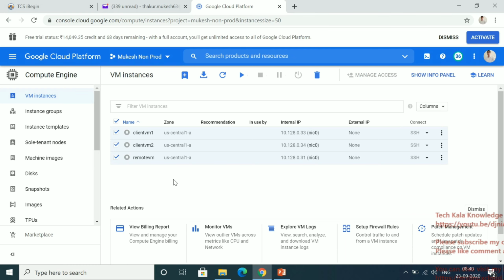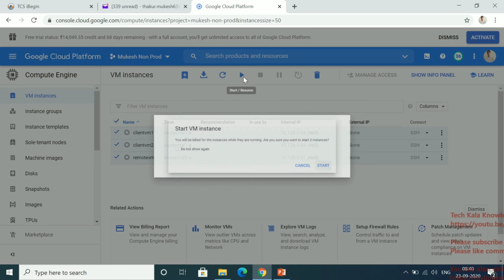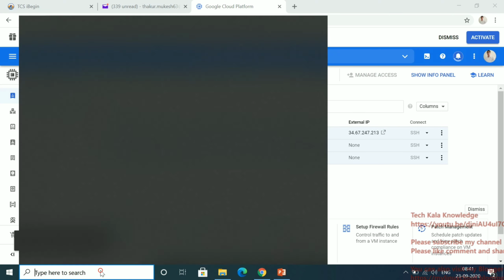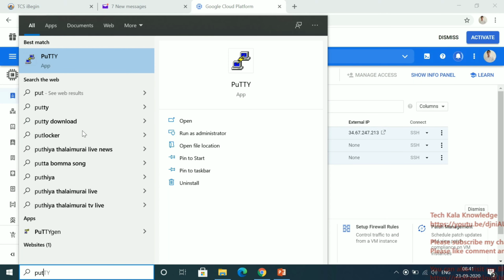The lab setup video is already uploaded on my YouTube channel, so you can go through that one. This is now in shutdown state, all the VMs. So let me start these VMs. Okay, so let me open Putty now, because I'm going to log in through Putty.